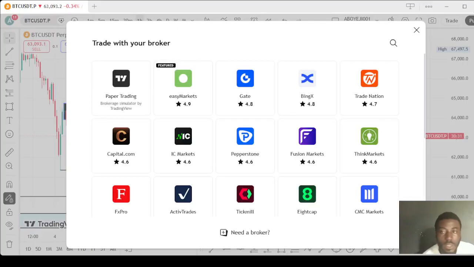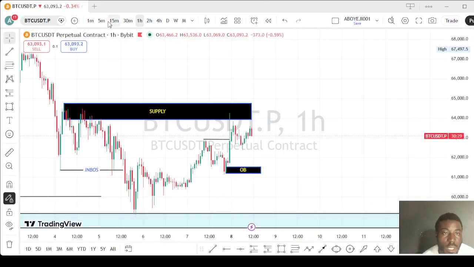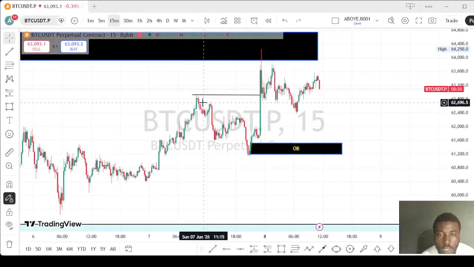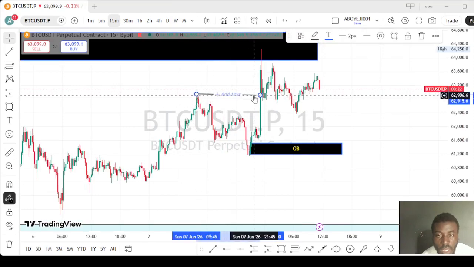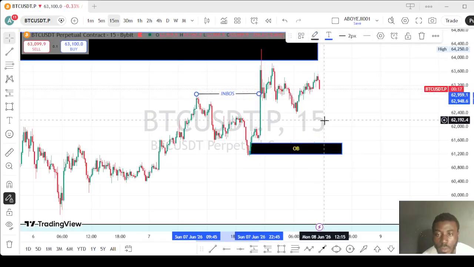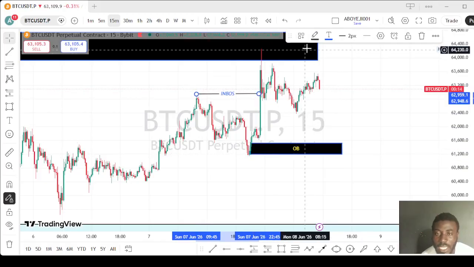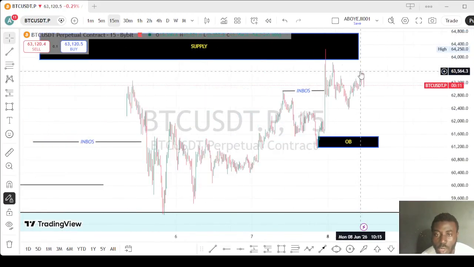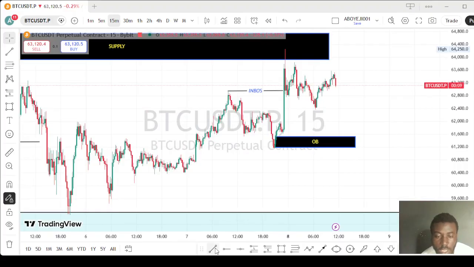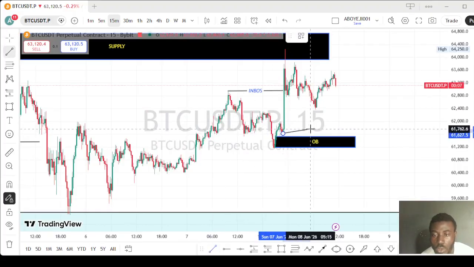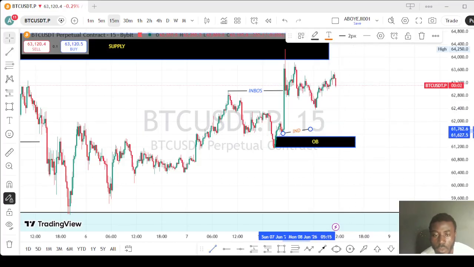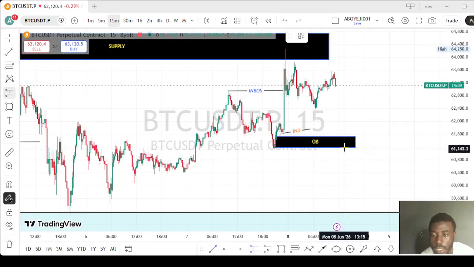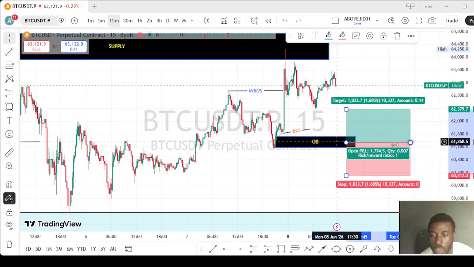So let's move to 15-minute time frame. Let's go and check the opportunity on 15-minute time frame. This is 15-minute time frame, and this is what the market is giving us. You can see we are having a break of structure to uptrend. But we have to be patient too, because the market has already touched the supply zone. And this is an inducement opportunity. This is an inducement. So we'll see if the market is going to expect this order block.